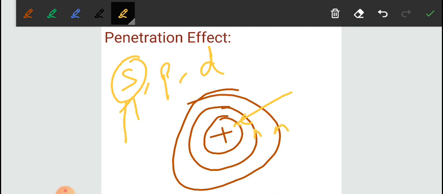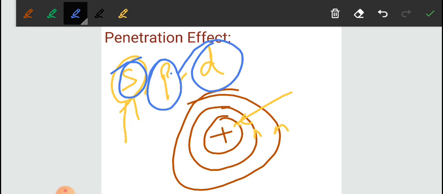Means s electrons which are near the nucleus will be very difficult to lose. The reason is they have a very large force of attraction towards the nucleus, so they can't be lost so easily. To make this electron be donated by that atom, you have to give a larger amount of energy in the case of s electrons, and less energy in the case of p electrons and d electrons. The reason is s electrons are closer, p electrons are farther from the nucleus, and d even more so. So this effect is known as the penetration effect.